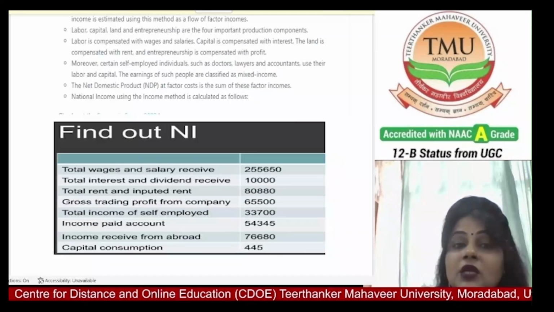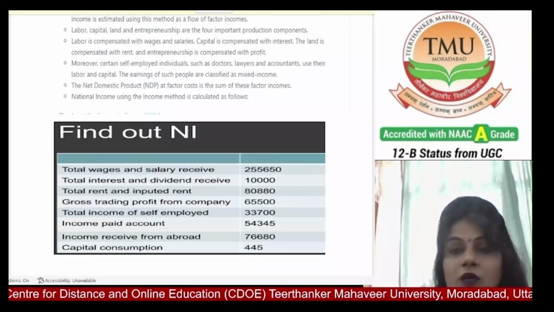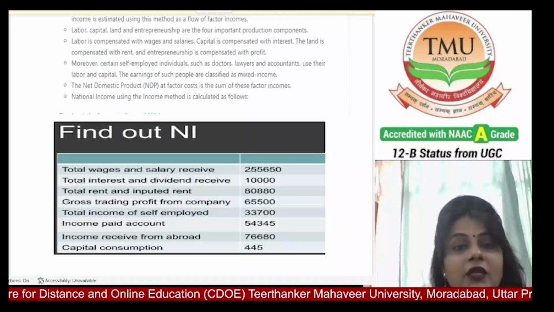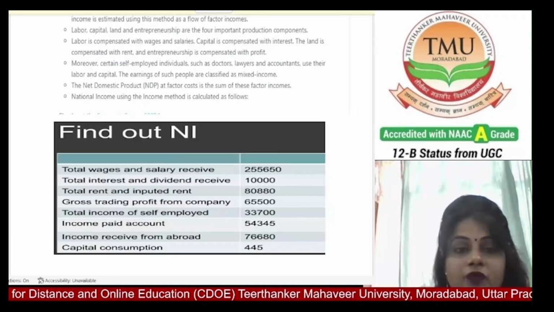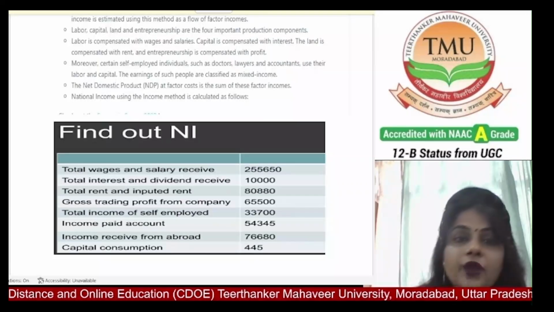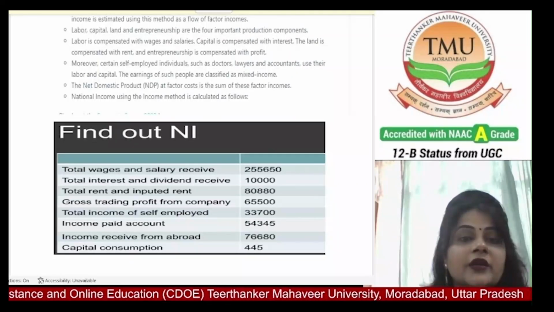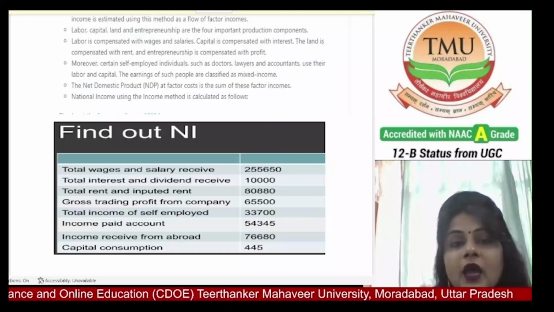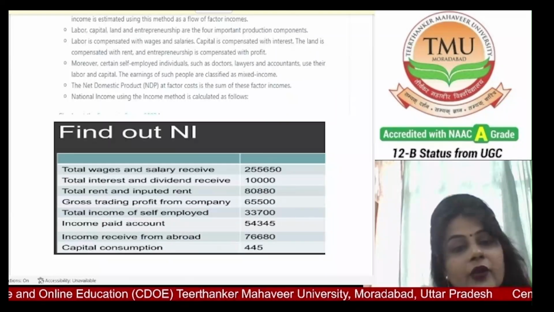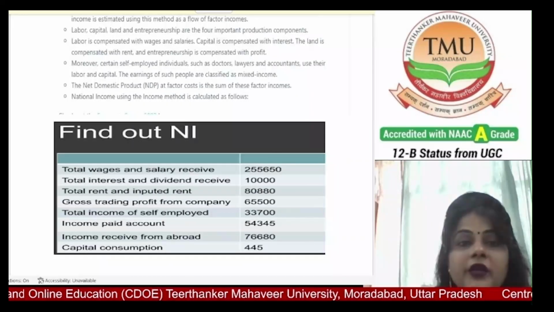The second step of calculating national income through the income method is the estimation of the factor income paid by each factor. The factor incomes paid by various sectors are grouped under the heads compensation of employees, rent and royalty, profit, interest,